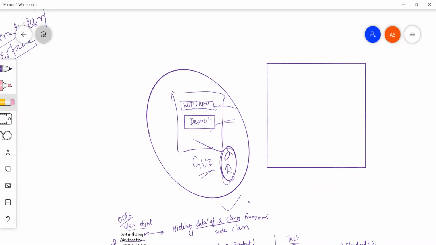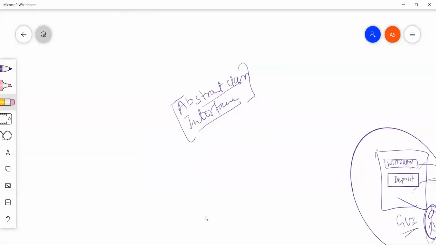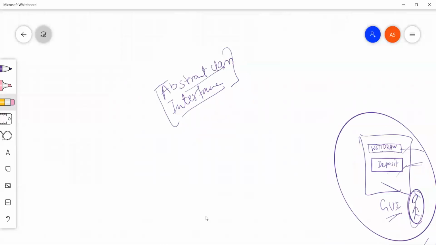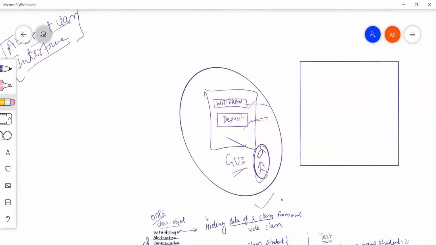Why we say abstraction and data hiding is because, at a very high level, there will be a user of the system: user 1, user 2, user 3.